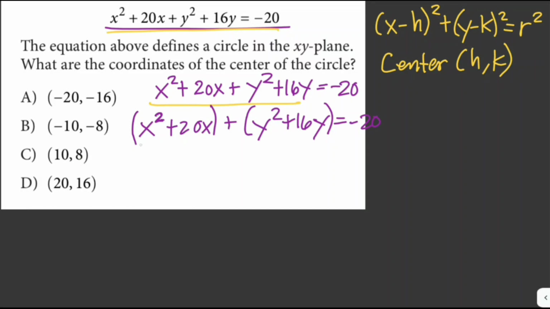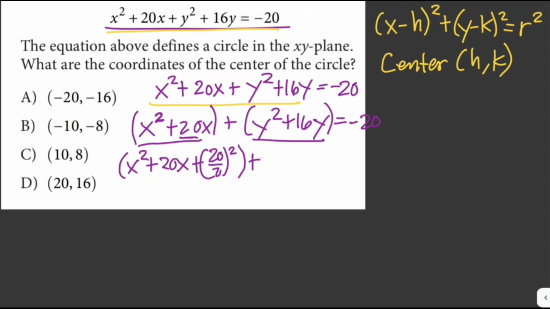So we just have to add to each group the square of half of the middle coefficient. So this would be x squared plus 20x plus 20 over 2 squared plus y squared plus 16y plus 16 over 2 squared